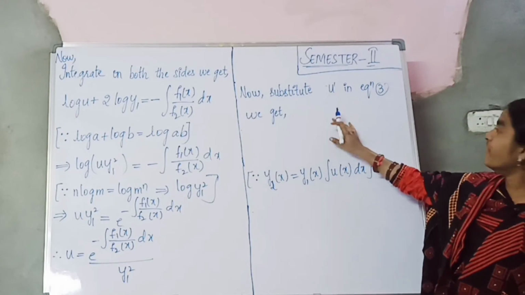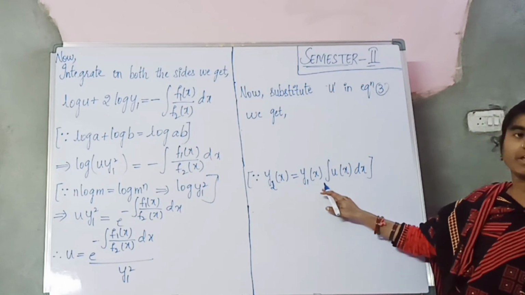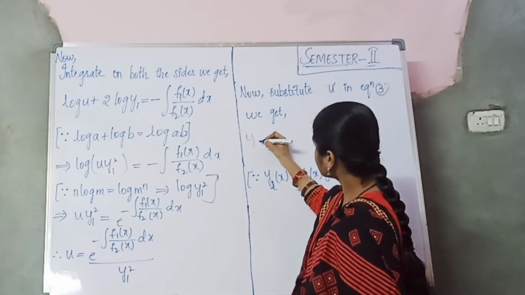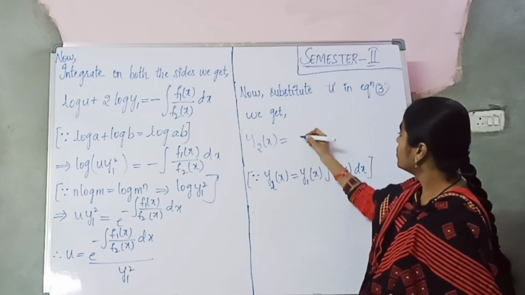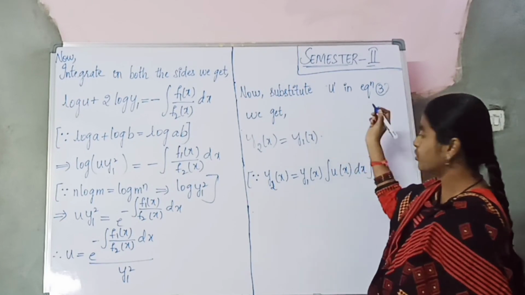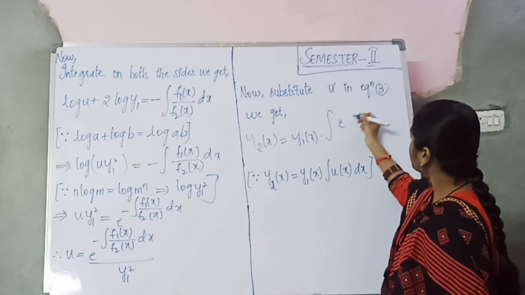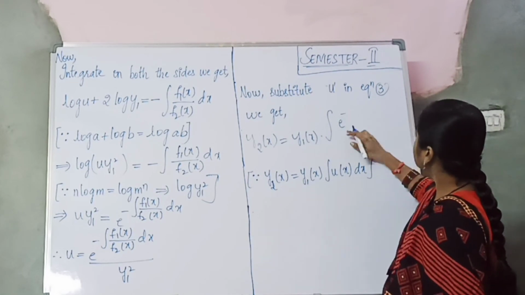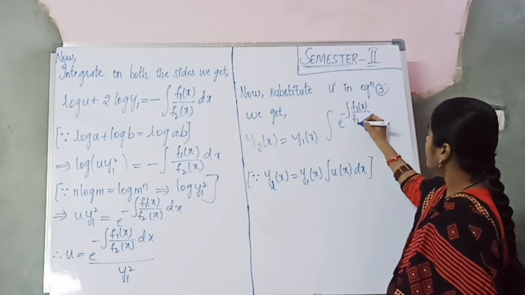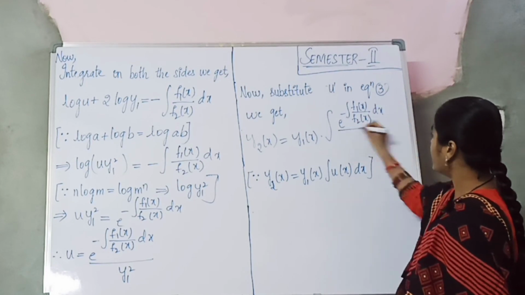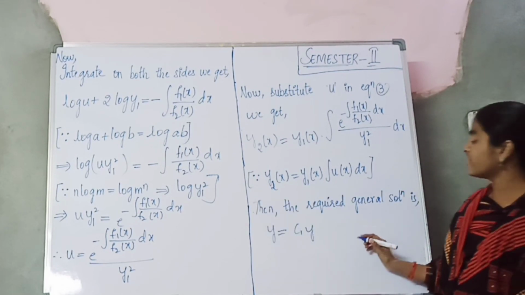Now substitute the value of u in equation 3. What is equation 3? Since y2(x) equals y1(x) into integral of u(x) dx, we get y2(x) equals y1(x) into integral of, what is the value of u, e power minus integral of f1(x) by f2(x) dx, divided by y1 square, into dx. Then the required general solution is c1 y1